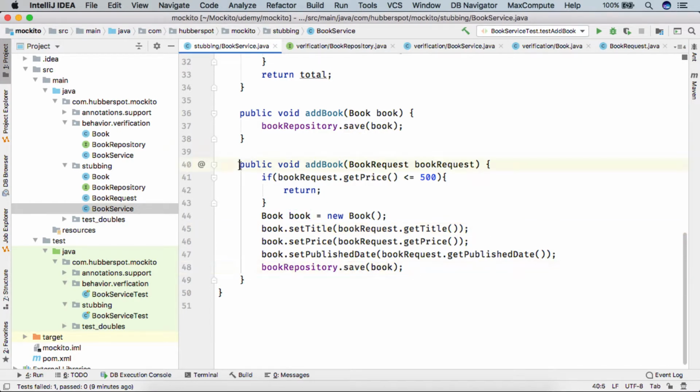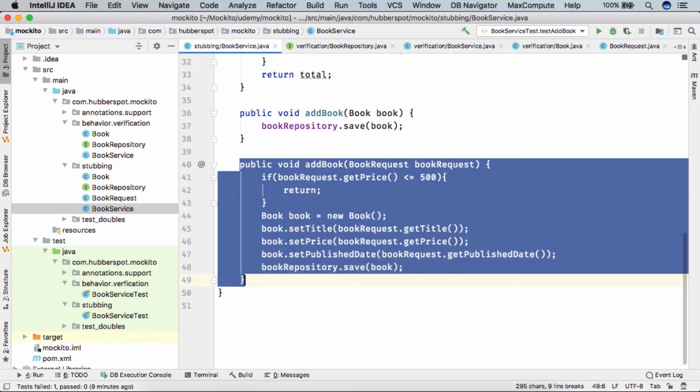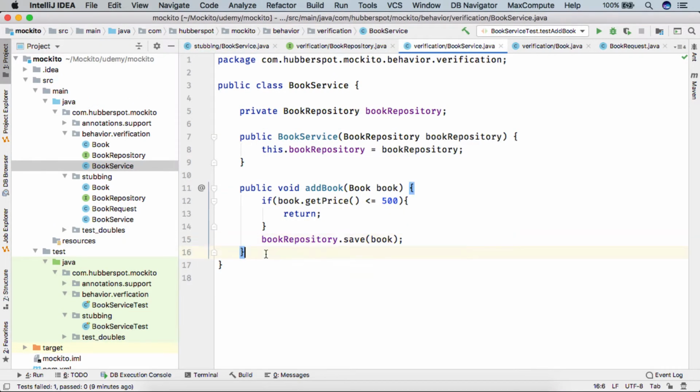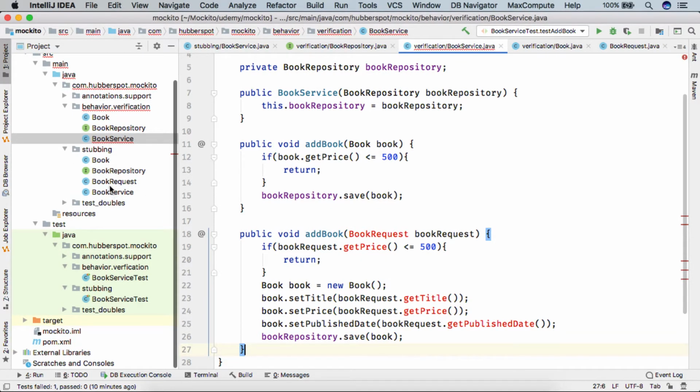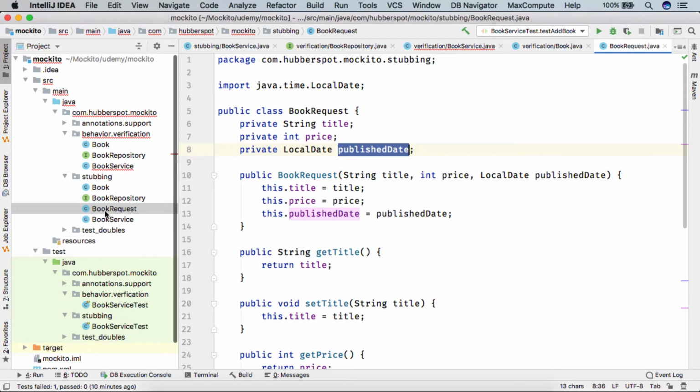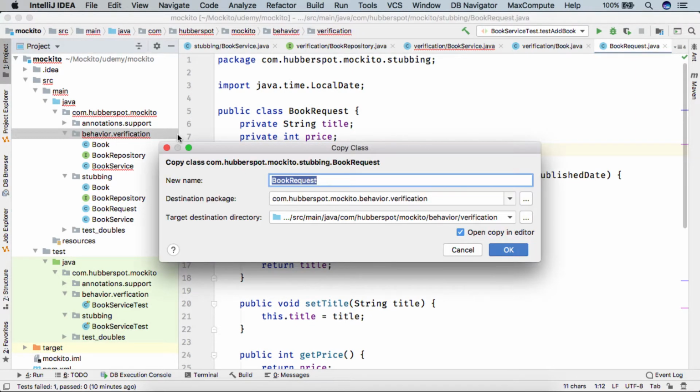So friends, here I'll simply copy this book service method, and in our behavior verification book service class I'll simply paste it. And here I will simply copy this book request class and paste it in our behavior verification package.